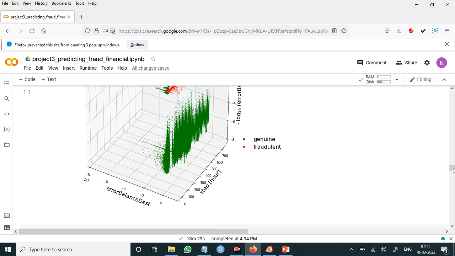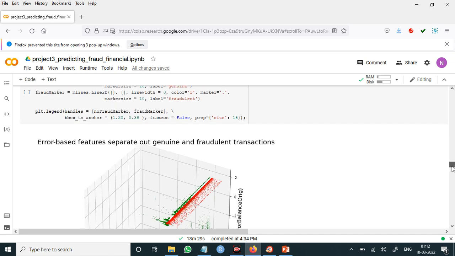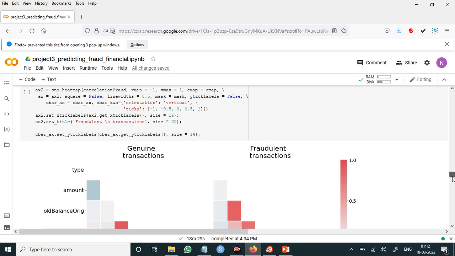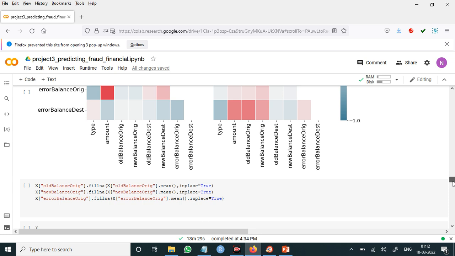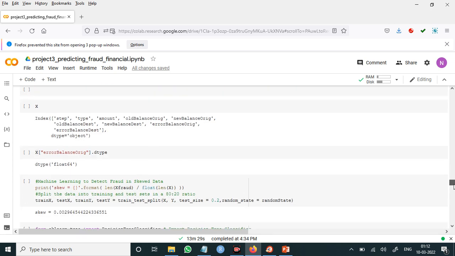Genuine and fraudulent transactions at what time, that is error balance at the destination side, error balance at the origin side. This is a visualization of a genuine transaction and a fraudulent transaction.